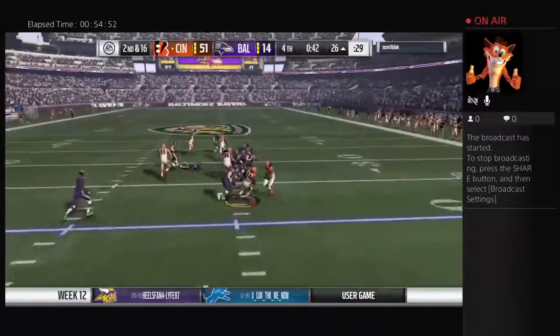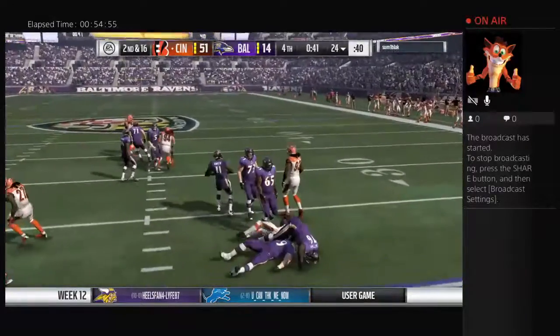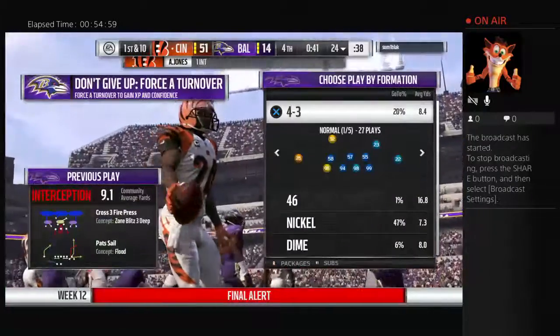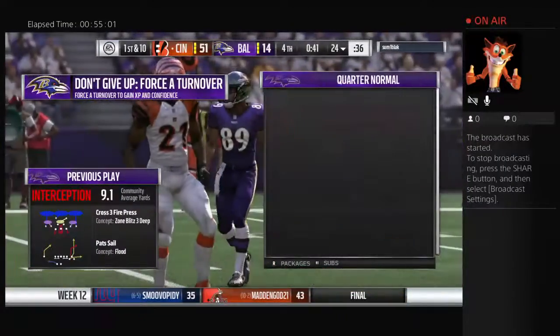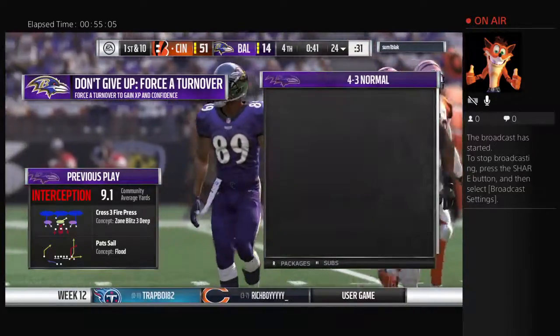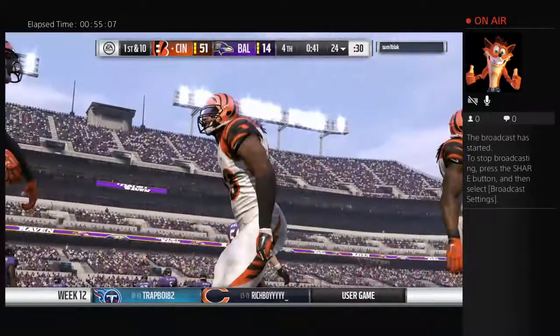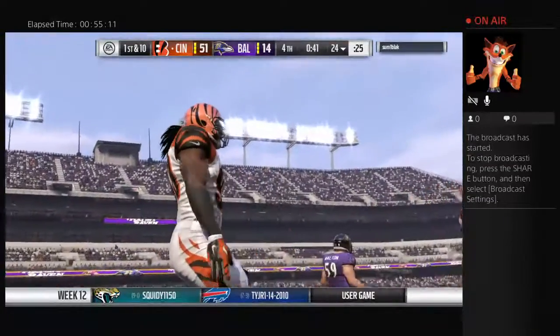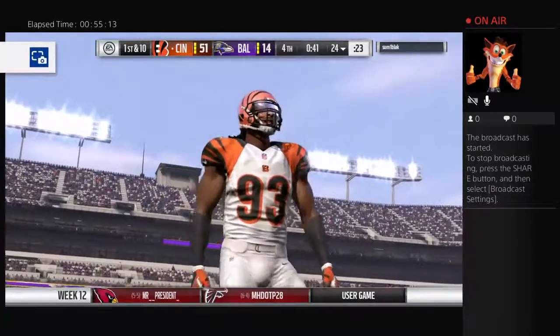And my goodness, another interception. Picked off by Adam Jones. And he'll return it to the 24-yard line. The Bengals getting set to go. They have the big cushion. Here in the final stages of this one, I don't know if there's any better feeling than being up big on the road. There really can't be, because for a team to go on the road and win in the NFL,